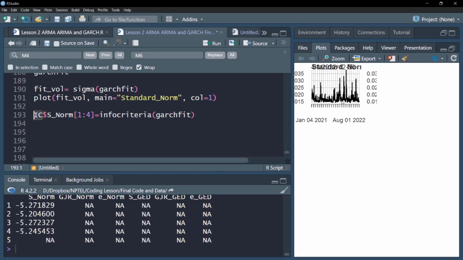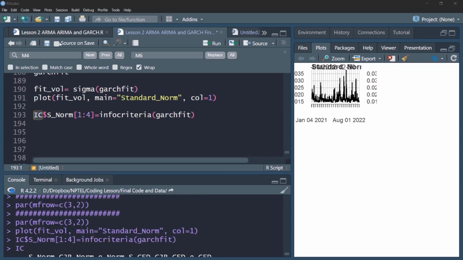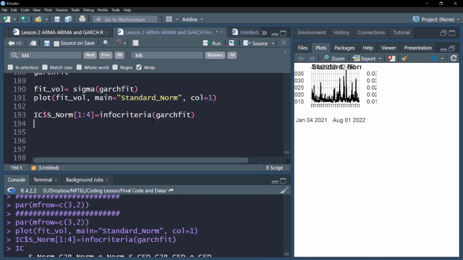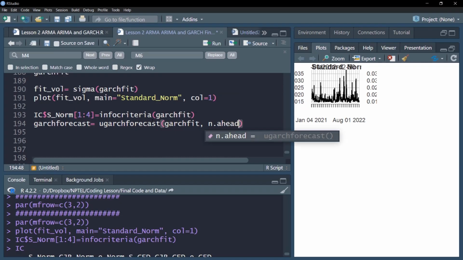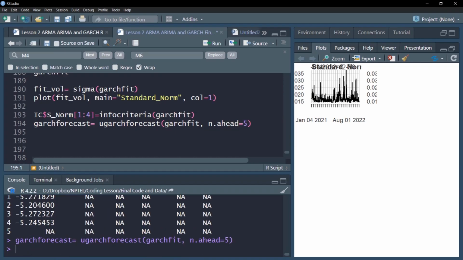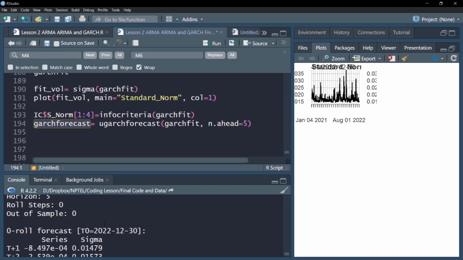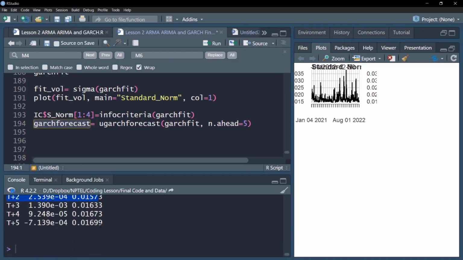I'll create the remaining 5 models and summarize the findings in the next video. In this video, we'll construct the remaining 5 objects. But before that, if you wanted to forecast using this GARCH fitted model, all you need to do is create a GARCH forecast object by the name of garchforecast, and you can use this ugarchforecast, provide your fitted model GARCH fit, and whatever the steps you want to forecast ahead, you can specify 5 periods, and then you can print the forecasted objects. So you'll get the forecasted series of sigma.